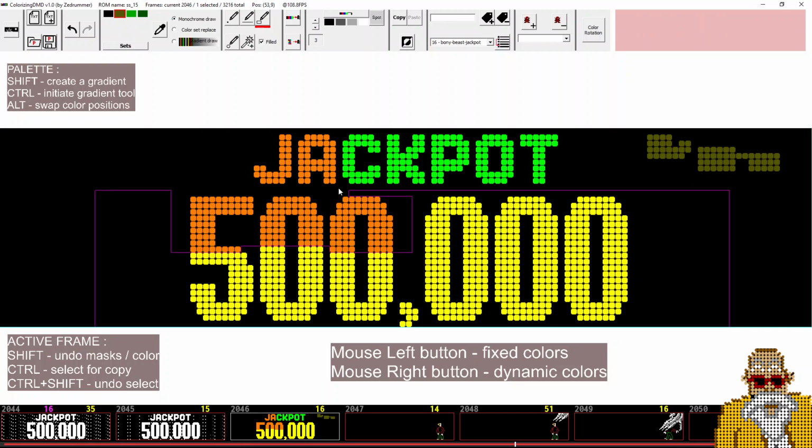So again, I said earlier that the keys were key for colorizing DMD. So again, you will be using a lot the Shift, Control, Alt keys while using the software. So get used to it. So you've got here the reminders about what it is used for. Shift to undo mask or to undo color. So Shift plus left button for fixed content, Shift plus